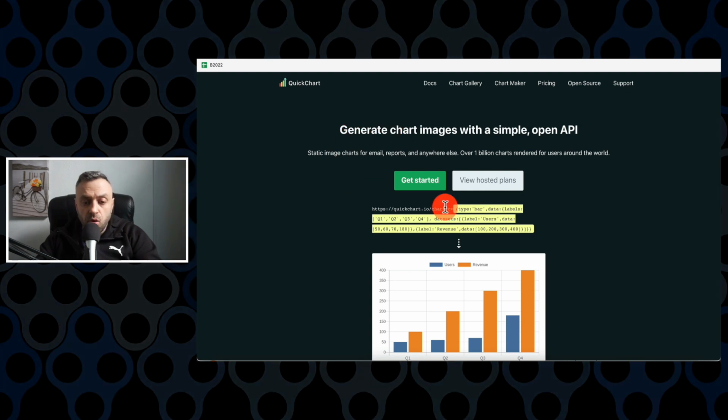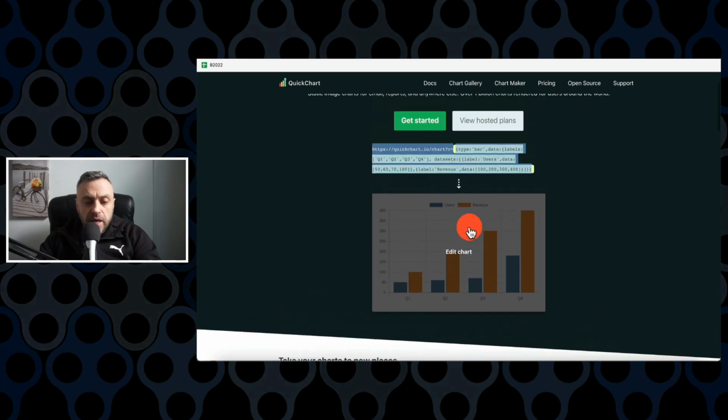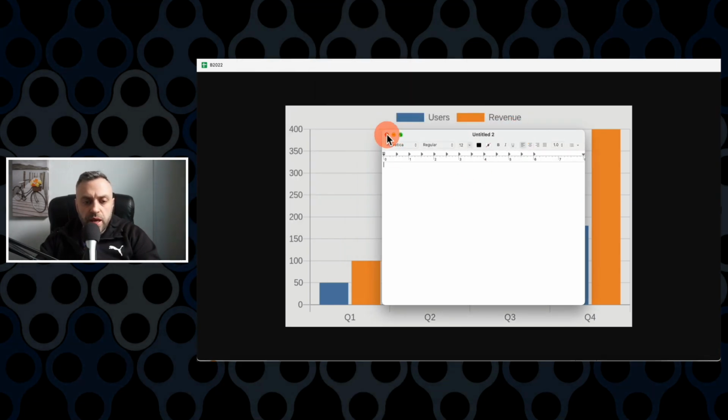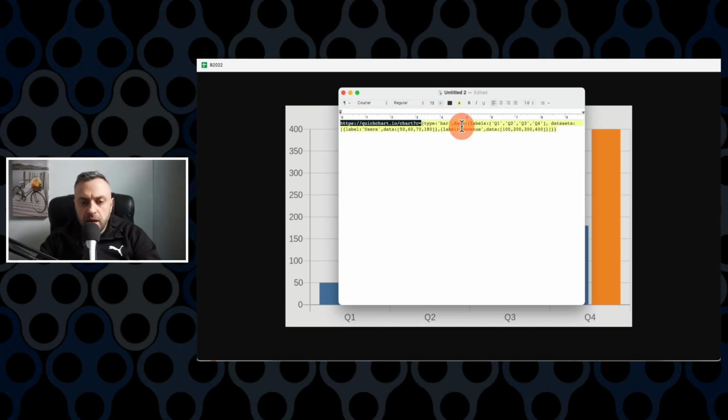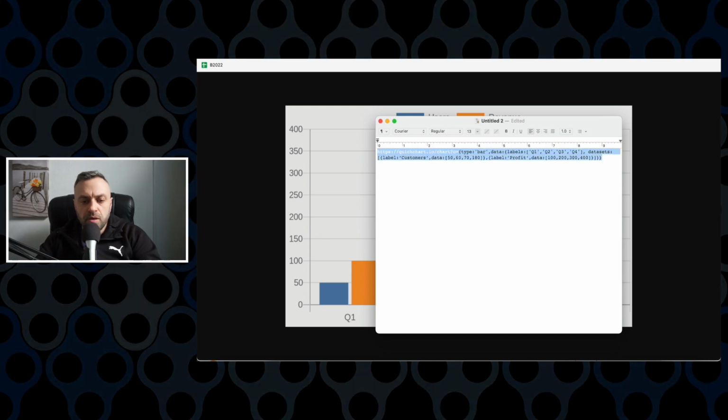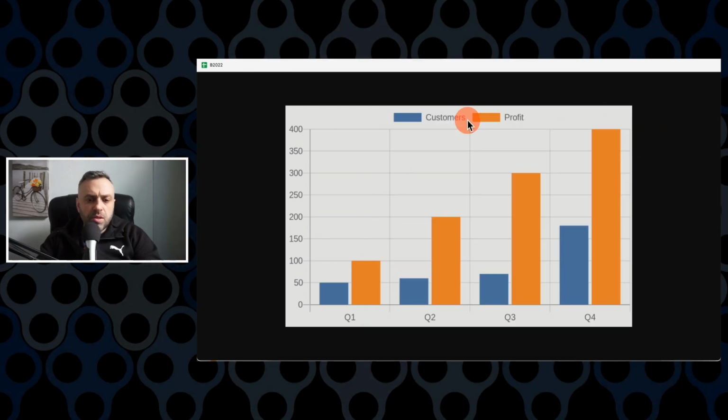So just to show you how it works, if we go back to QuickChart, to the home page, they give you a sample URL that takes this data and creates a chart, right? So if I paste it here, it creates a chart for me. So I can modify this data. So let's say I go into an editor and I paste this sample data. I want to change something. I want to change revenue to profit, and I want to change users to customers. I copy, paste it back as a URL, and this is the result I'm looking at. Instead of users, it's customers. Instead of revenue, it's profit. And this is really nice